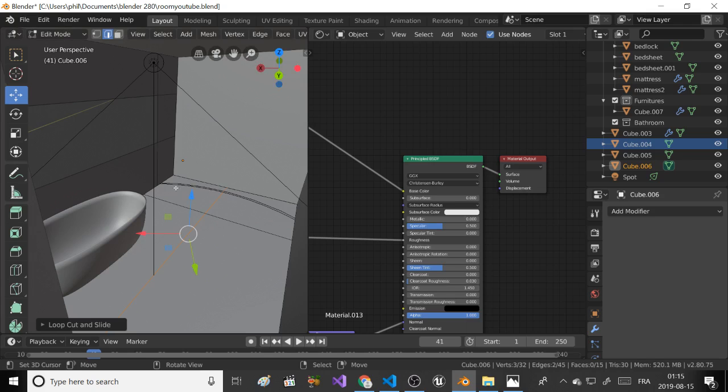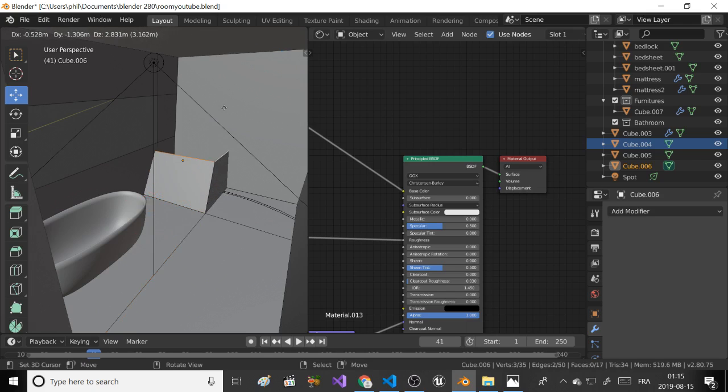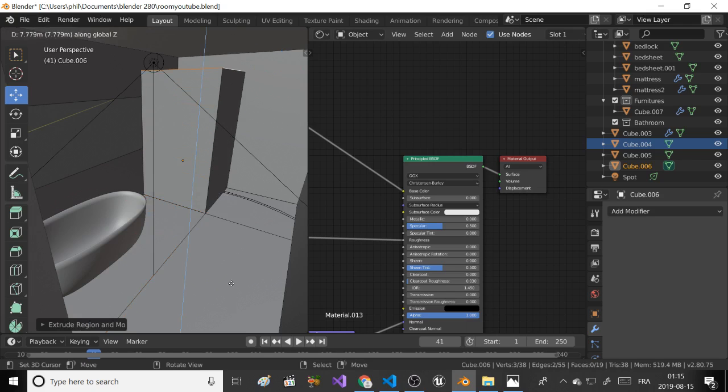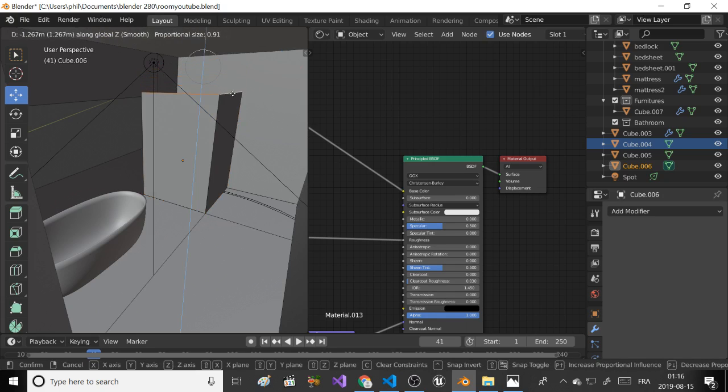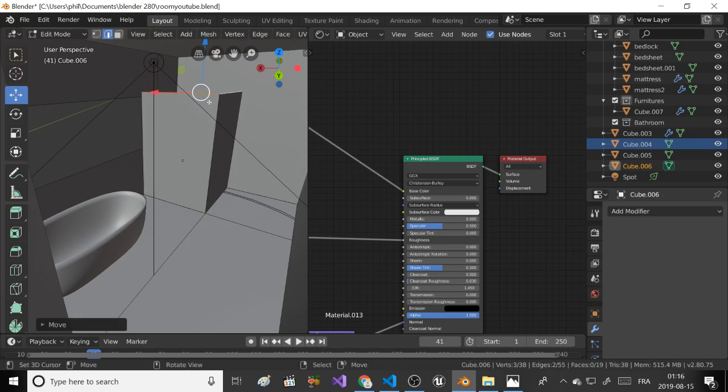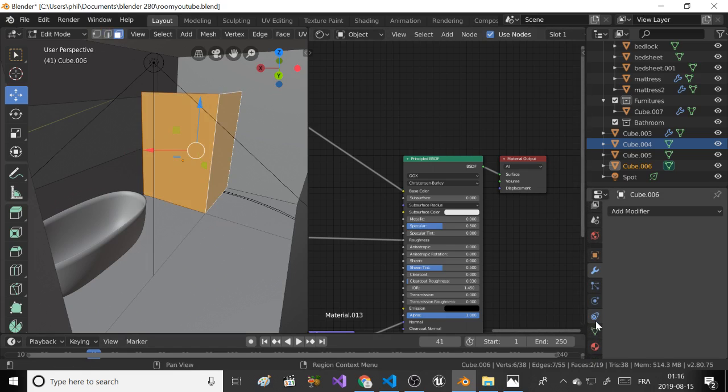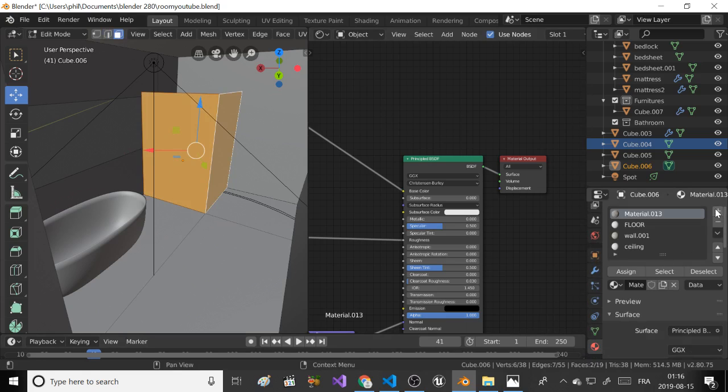So you can select those edges here and extrude them. And so select the faces. They are maybe too high, I think. Okay, you can select the faces and add a new